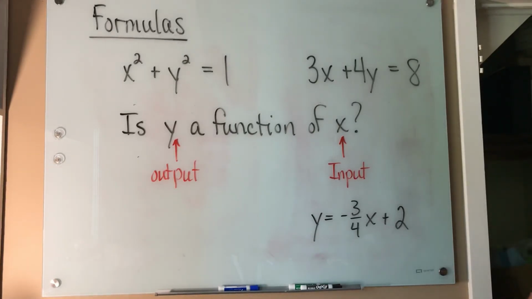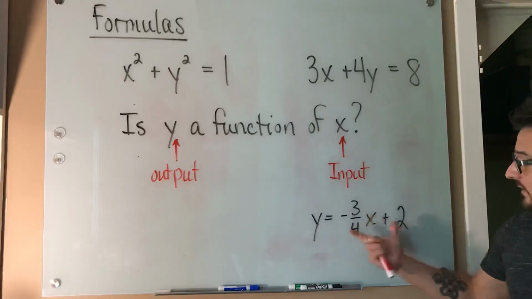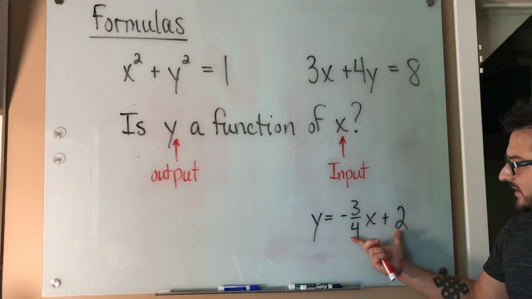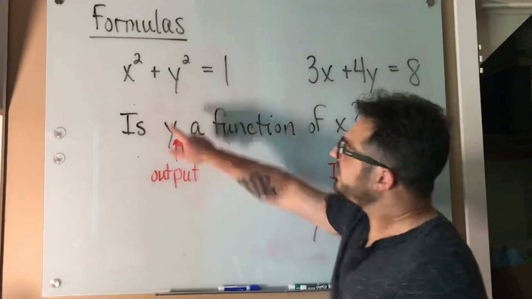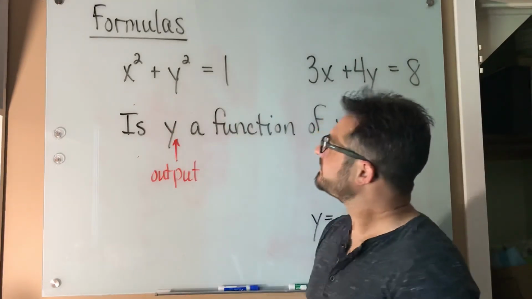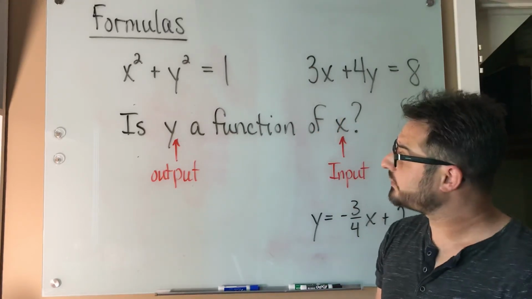That's the key to being a function. We should be able to get y by itself, and on the other side have an expression entirely in terms of x, or whatever input and output variables are that we're using. This is a little trickier. I'm not going to go through all the steps of it, again, like the slope-intercept form,